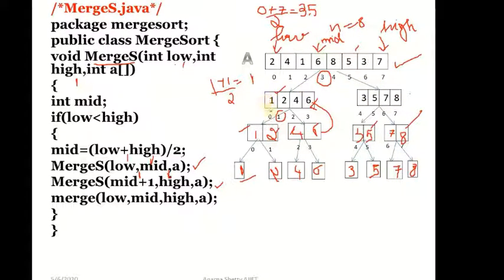So this was about the merge sort algorithm. First, the given array, we start splitting it until we have one element in each of the subarrays. Next, when we are merging, we have to sort and merge into the original arrays. These two arrays we sort and merge into this array, these two into this array, these two into this array, and finally these two arrays we sort and merge into the original array. So this was about how the merge sort algorithm worked. I hope you have understood.